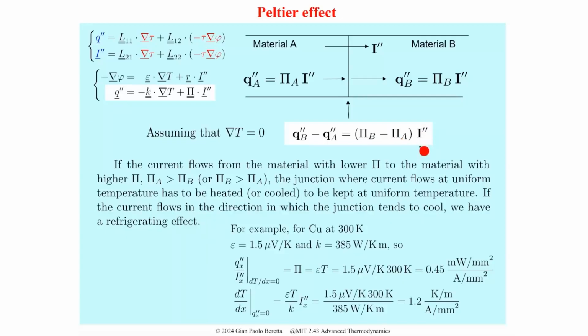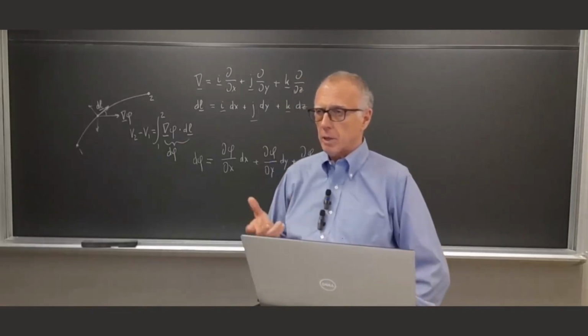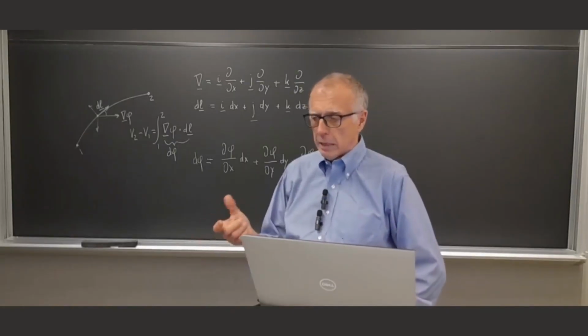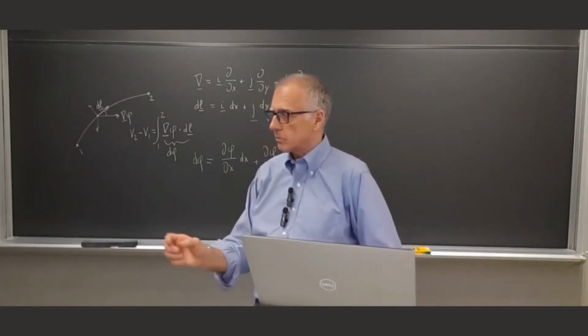depending on the difference of the Peltier coefficients and the direction of the current. So if you choose a Peltier pair in which, say, pi B is greater than pi A, and you run the electric current in this way so that this is positive, then QB is greater than QA. So that means you need to provide energy. So that means this junction becomes a cooler. This is the Peltier cooling effect. This is what you obtain when you buy a Peltier cell, something that you can buy on the internet now for a couple of bucks,